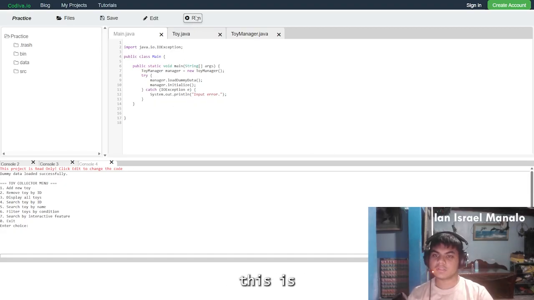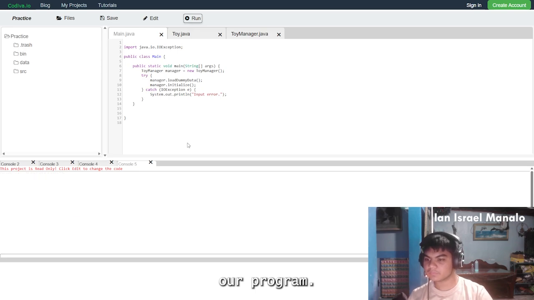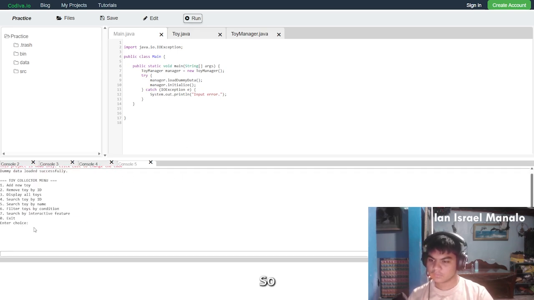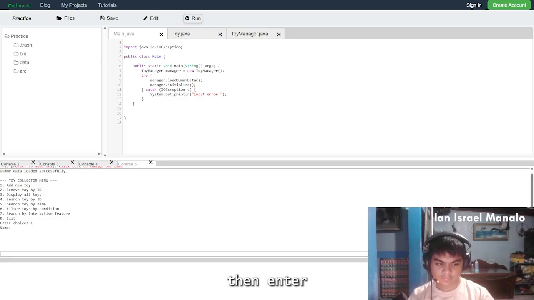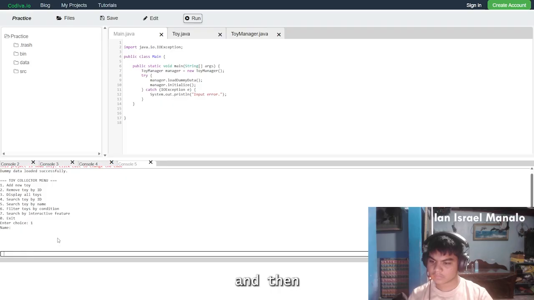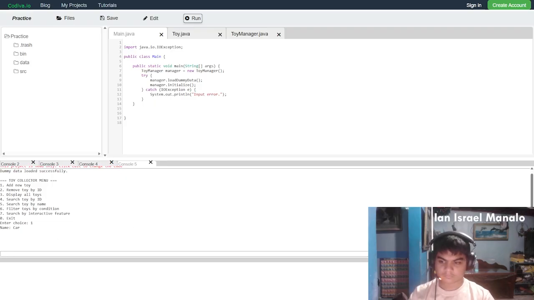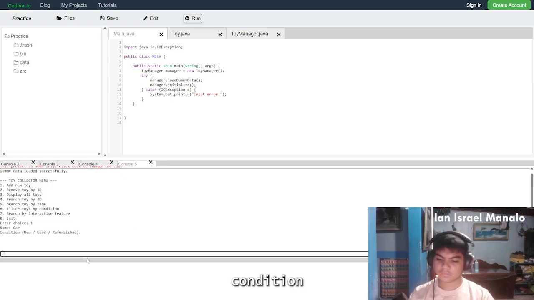So, this is how to use our program. When you add a new toy, just press 1 and then enter, and then type the name of the toy. For my toy, I will type car, and then the condition of the toy.